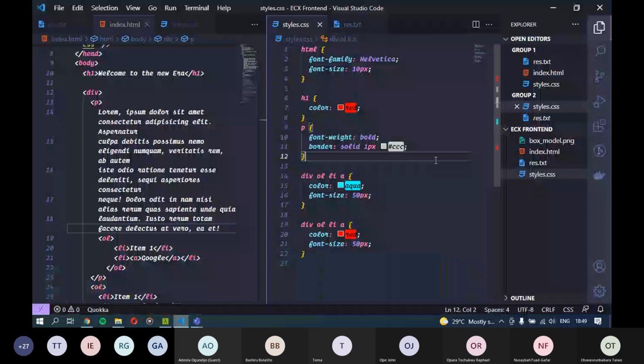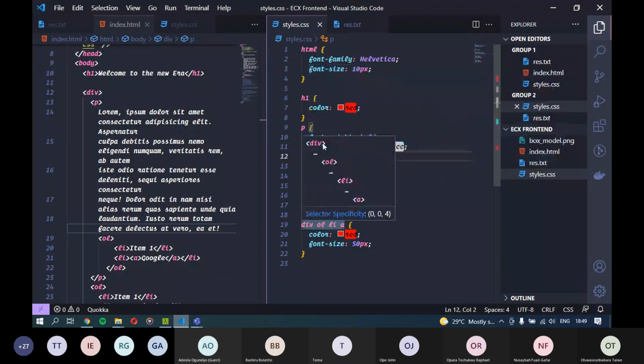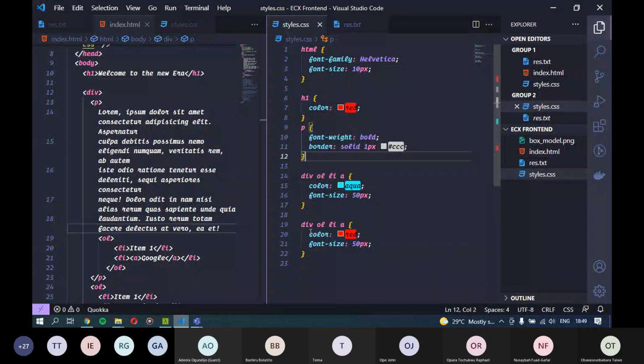Why this happens the way it happens is because, I don't know if I explained what CSS is to you guys, but CSS stands for cascading style sheets. Basically, what that means is the browser parses our style sheet and goes from top to bottom, looking for the styles to apply on the element. So by the time it gets here, it sees color aqua and applies it on the A tag. But it comes further down and sees that we've changed the value of color again. So at the end of the day, this is the color that is going to be applied. That's basically what cascading means.